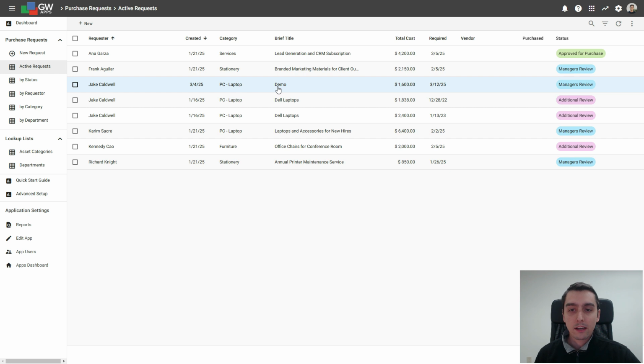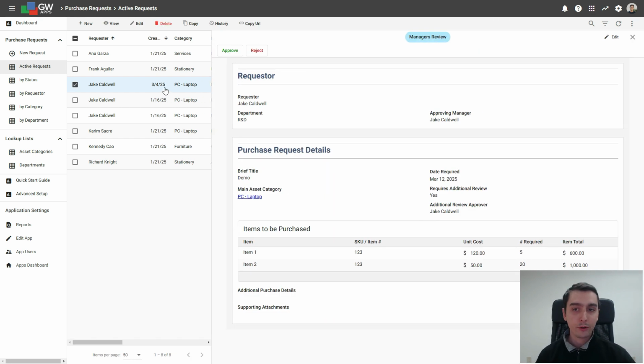Here you can see that request that I just made. If I select it, it'll open up in a preview window and I can see the additional information. And from here, I can approve or reject it since I am the approving manager. If I approve this, you can see it moves now to an additional review stage, and that is because we